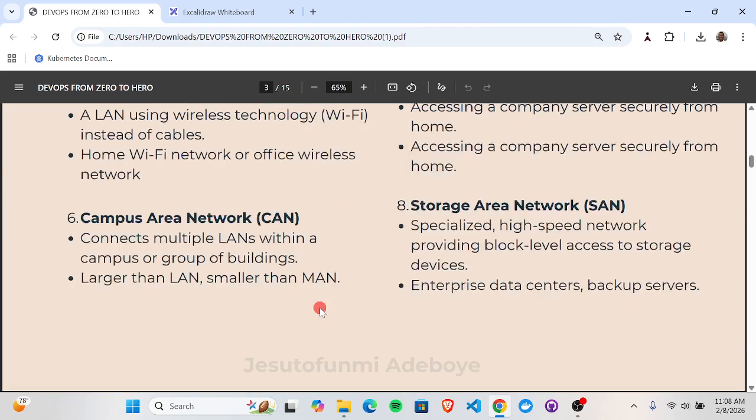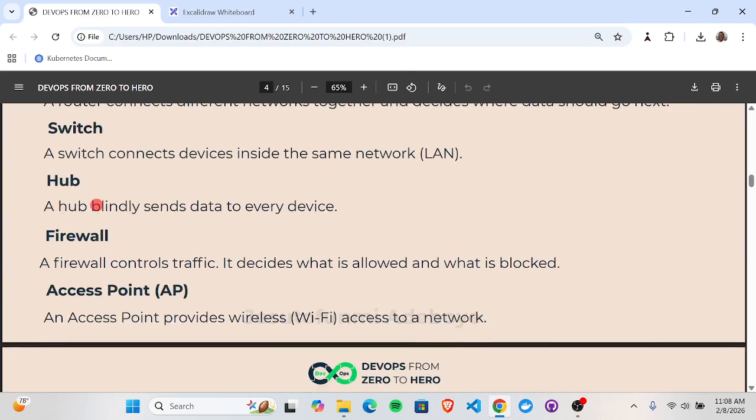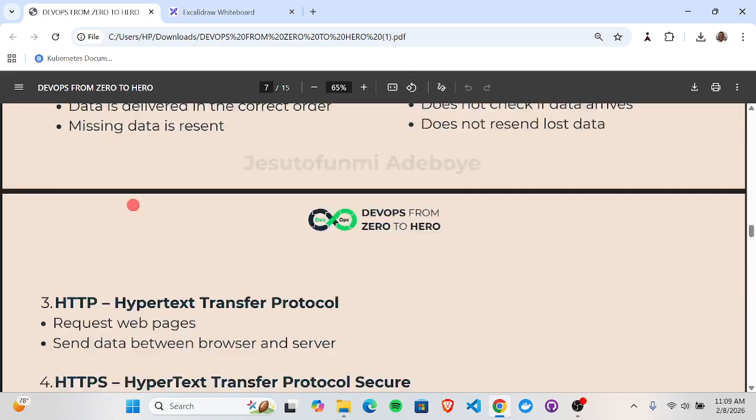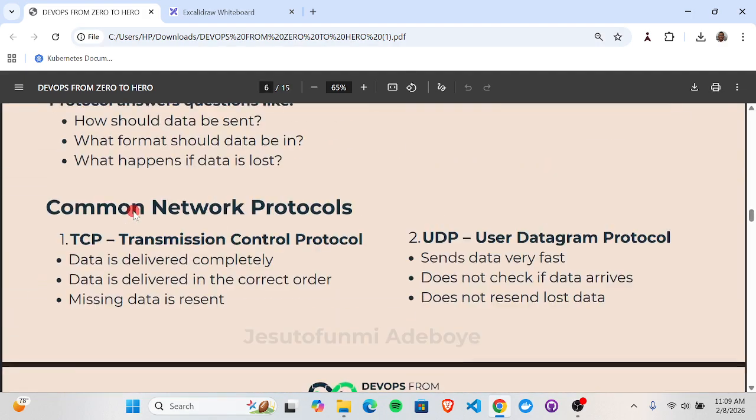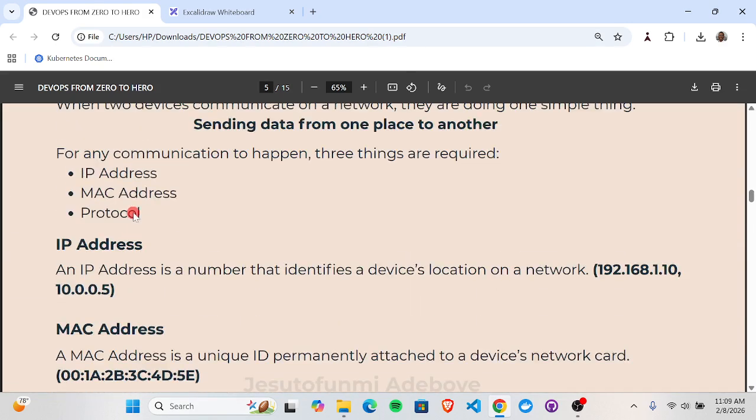The device, where is it? More like the hub, right? It blindly sends data to every device. It just sends data to anybody, right? And it is very old and vulnerable, weak, old and vulnerable, right? And then, for example,